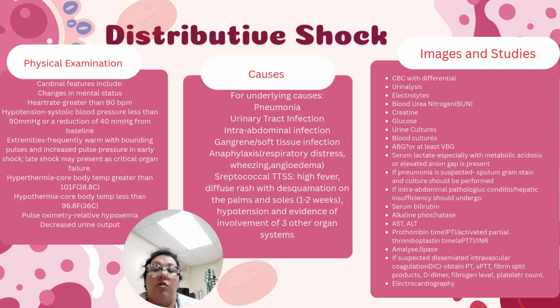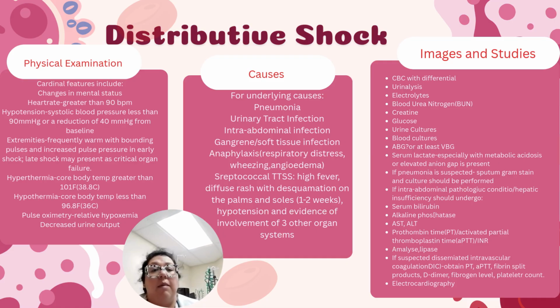Causes for distributive shock may be diseases such as pneumonia, a urinary tract infection, intra-abdominal infection, gangrene, soft tissue infection, anaphylaxis, respiratory distress, wheezing, angioedema, streptococcal TSS, high fever, which that one will show up as a diffuse rash with desquamation on the palms and soles for 1 to 2 weeks, hypotension, and evidence of involvement of 3 other organ